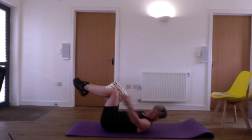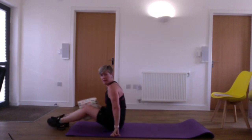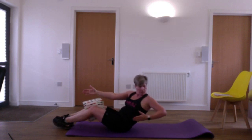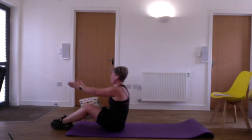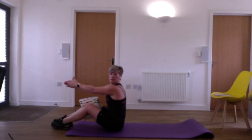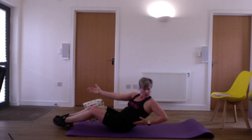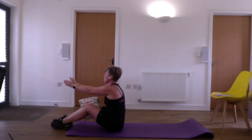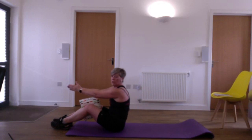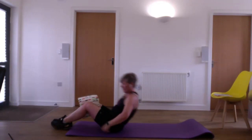And then we come back up. Again, taking it at your pace. If you're not with me, just carry on. You may have got them before me. Rolling back. So these are very much the Pilates type moves that we're doing now, which we can do more of next week. Okay, into the bridge,